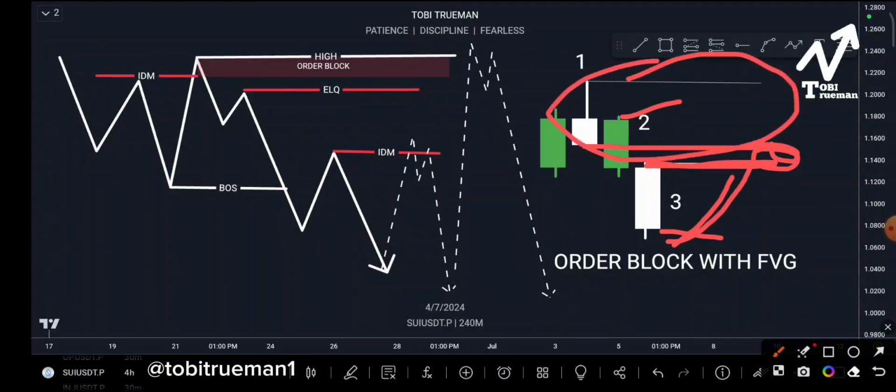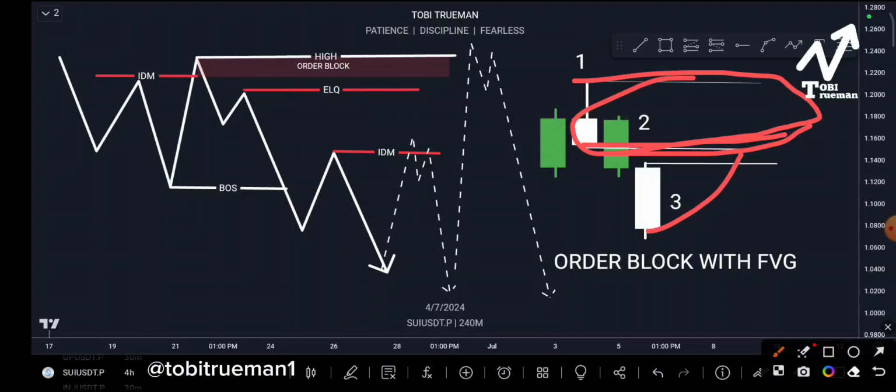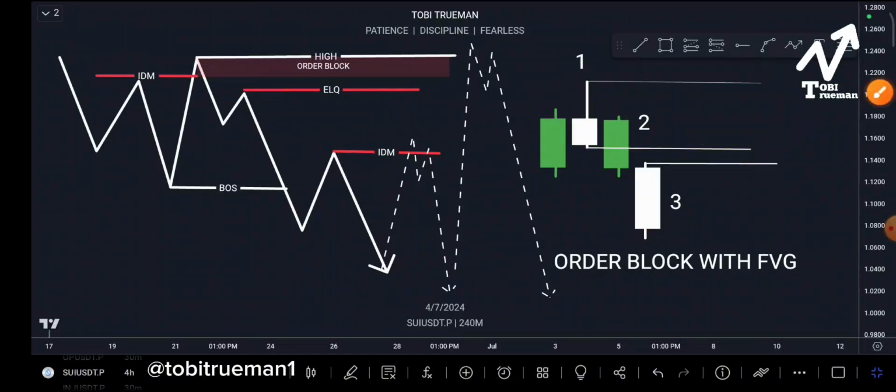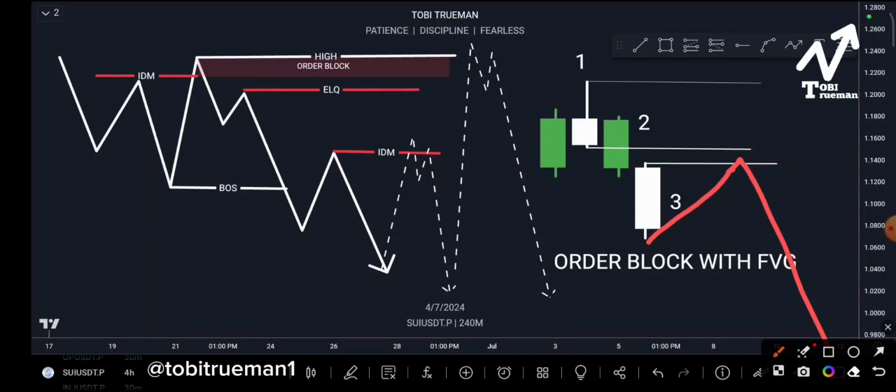Okay, the fair value gap is going to attract price to this other block. There are some times, because price knows that there are a lot of people that might place their order here at this other block. Maybe the other block is not even having enough volume or enough orders, but the candlestick has already printed here. So since the major pulling factor is the fair value gap, price can just tap into this fair value gap and then continue in the direction it intended without even tapping into this number one order block, this number one block or that candlestick.